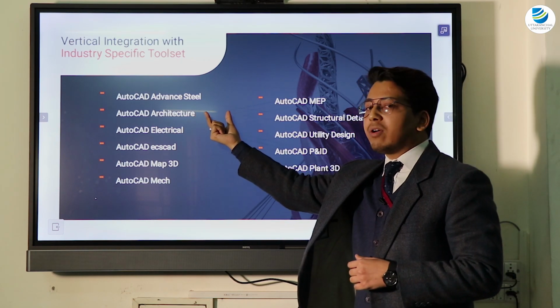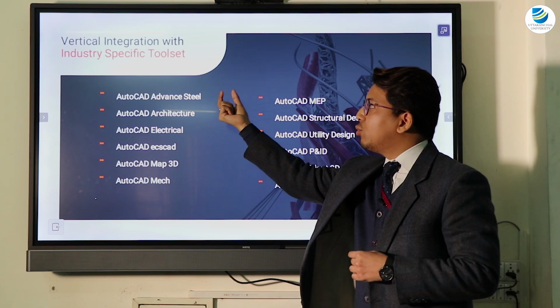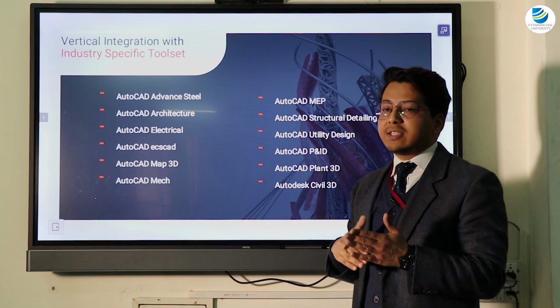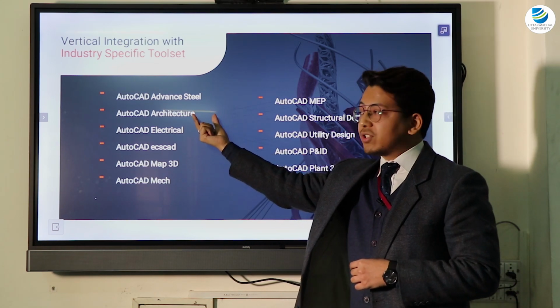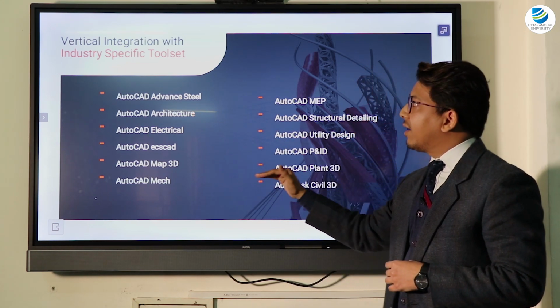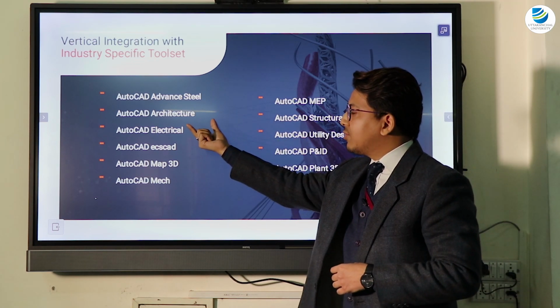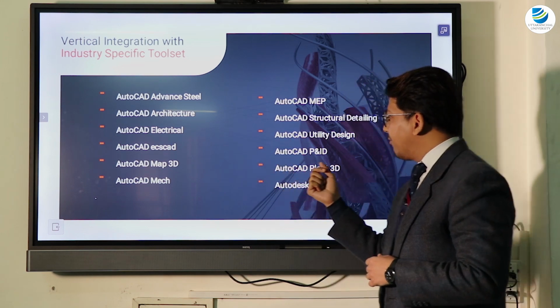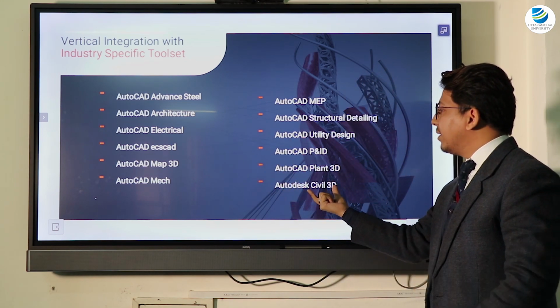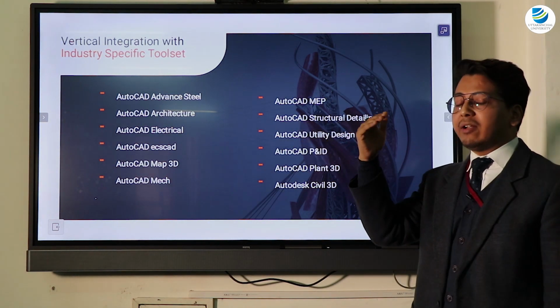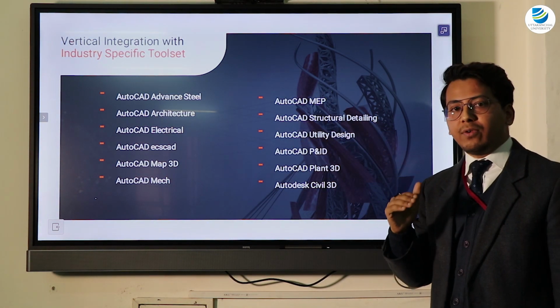It has a specific tool set which is required for the structural design of the steel structures. In the same way, for the architecture purpose, we have AutoCAD Architecture, and for the civil, we have Autodesk Civil 3D. So like this, we have different vertical integrations of AutoCAD.